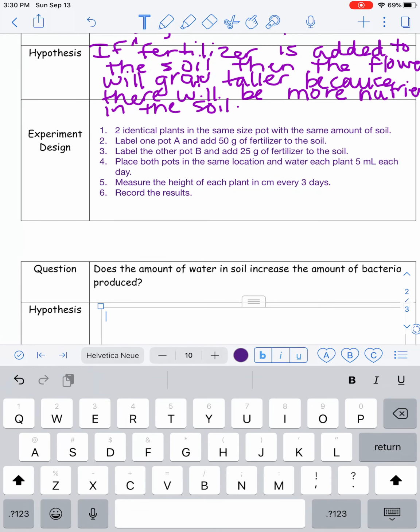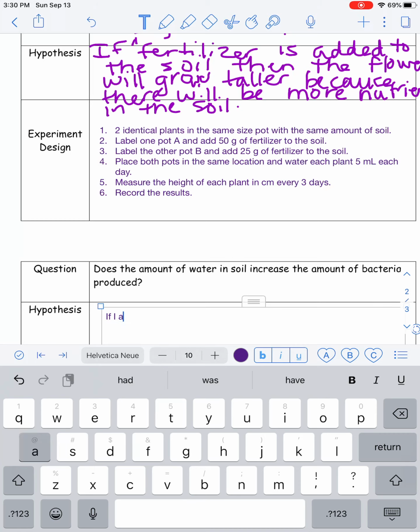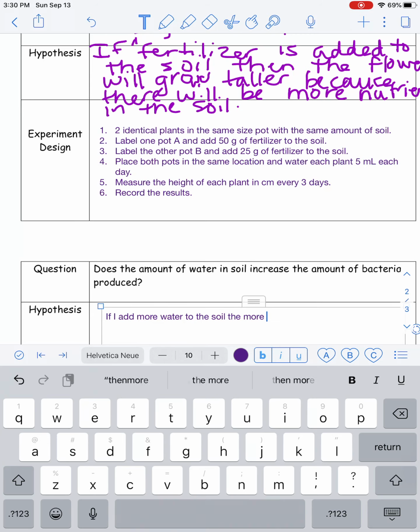Okay, all right, if I add, I've got to qualify it. If I add more water to the soil, then more bacteria will be produced,